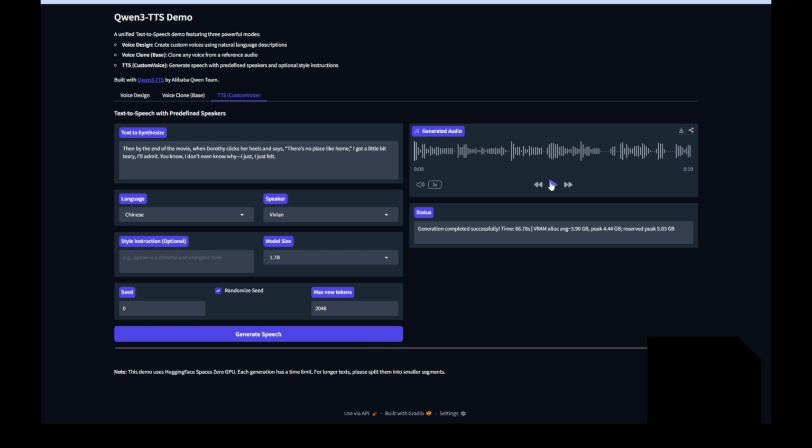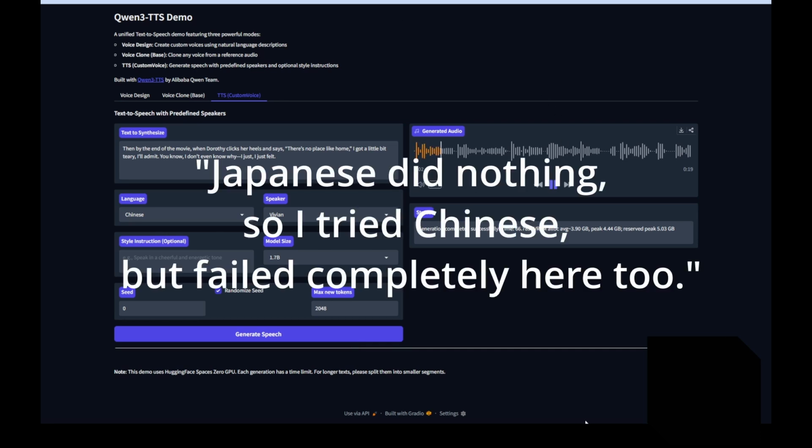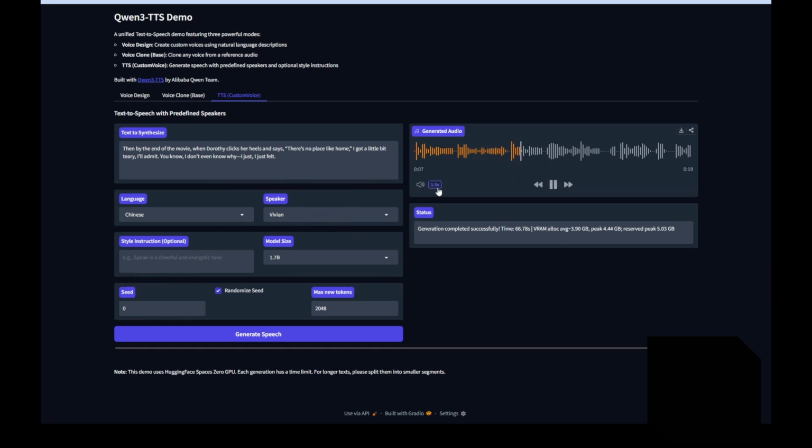Then, by the end of the movie, when Dorothy clicks her heels and says, "There's no place like home," I got a little bit teary, I'll admit. You know,